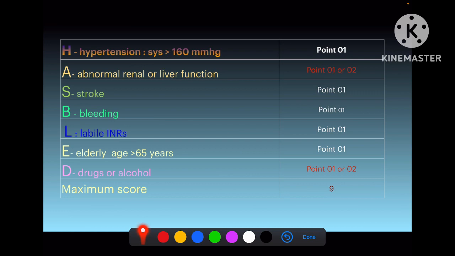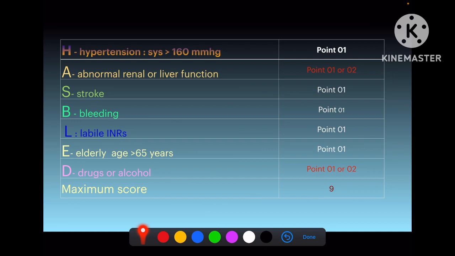If your patient has both renal and liver dysfunction, then you have to give 2 points. So S stands for the previous history of stroke. If your patient has a previous history of stroke, then you have to give 1 point here. B is bleeding, 1 point here, and L for the